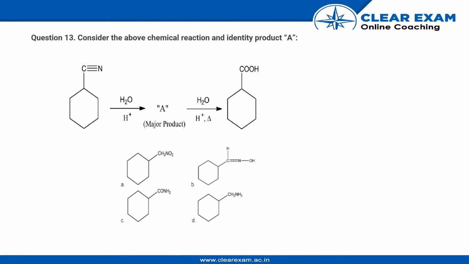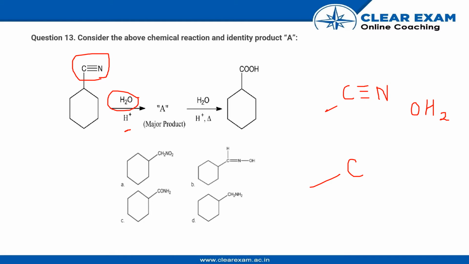So here, we know that the cyano group, when treated with hydrogen in the presence of water, has a specific mechanism because the cyano group has three bonds. So let me just write it a little differently. In this molecule, oxygen has a lone pair, so it donates the lone pair to the carbon atom, and this bond is shifted to the nitrogen atom.